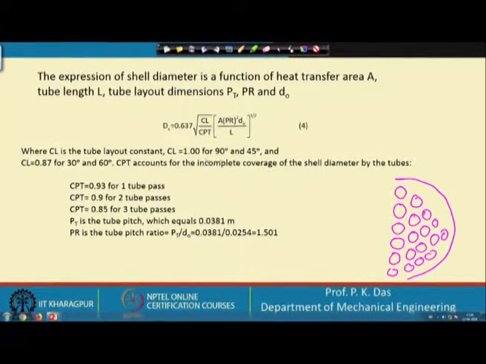CL is 1 for 90 degree and 45 degree. So, what are 90 degree and 45 degree? Suppose this is the tube layout, that means they are laid or arranged in a square array. So, this included angle is 90 degree. So, this is your 90 degree layout, and if we rotate this,